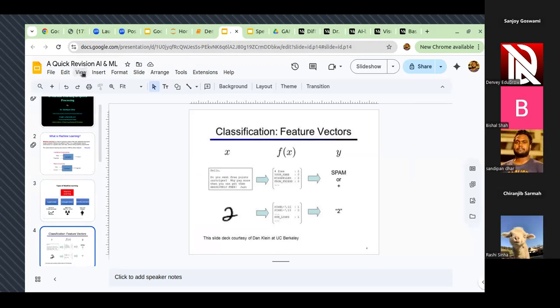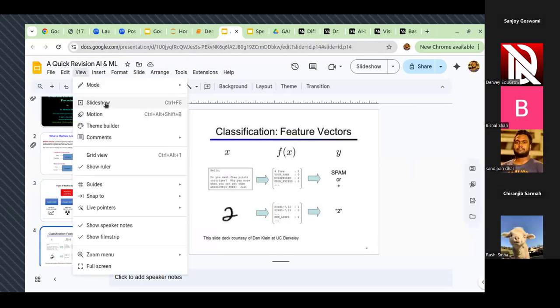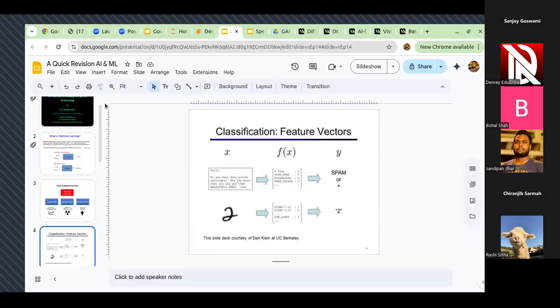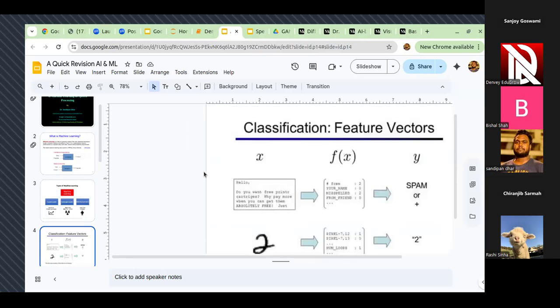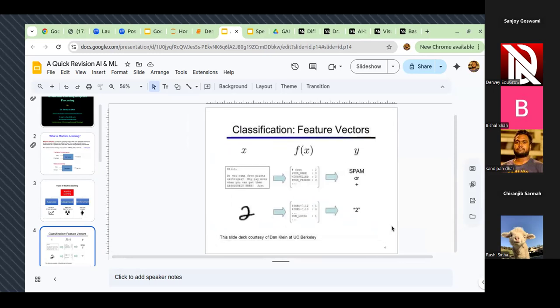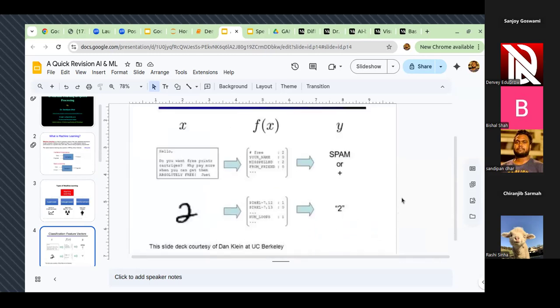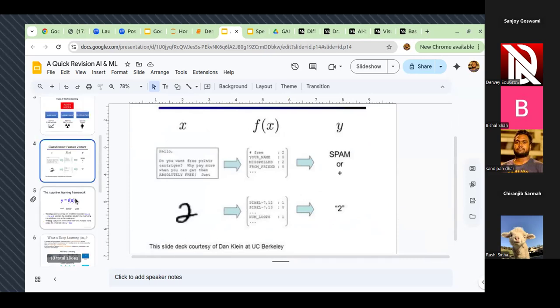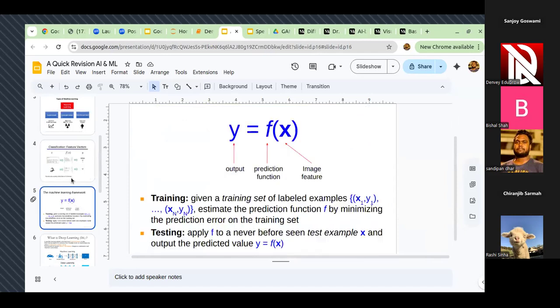It is visible now, I guess. Yes, sir. It's visible. So sir, the problem exists while sharing the entire screen. Oh, when I'm sharing in full mode, then it is becoming like that. Yes, sir. Okay, let me share it in this way only. Otherwise, okay. As I was saying,